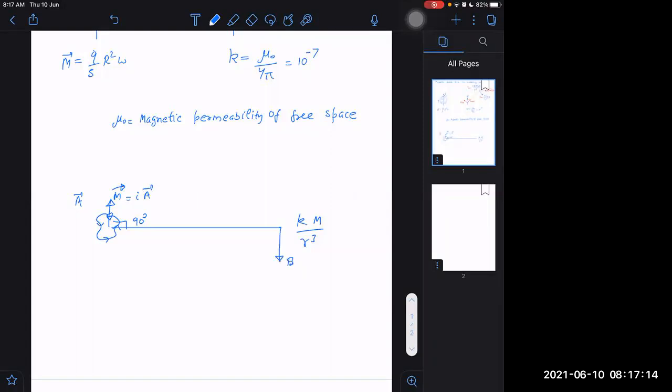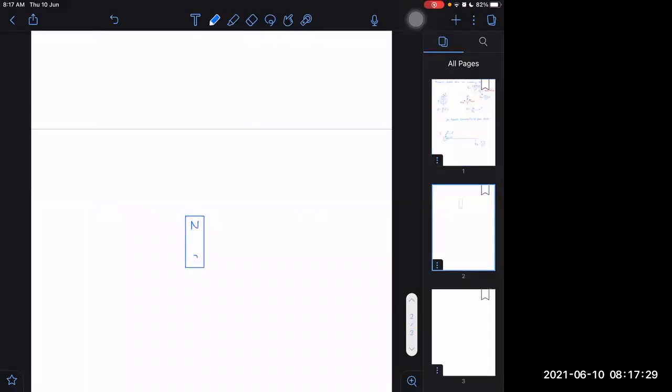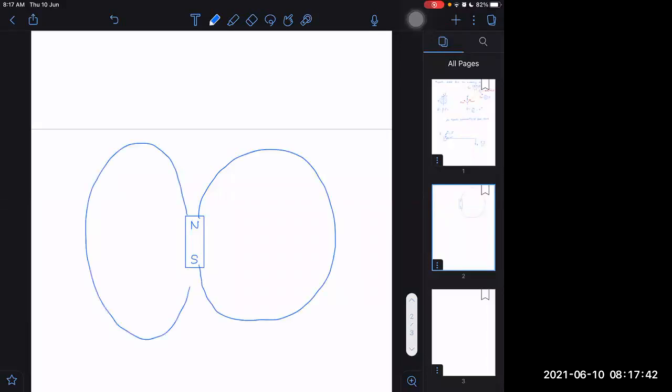How will the field lines be? Let me draw the field lines also, you will understand it better, I think. If I have a real magnet, not just a magnetic dipole, let us say a north and south pole are there. The magnetic field lines will be like this, starting from north and entering into south. Do you know about it or not? Yes, sir. Starting from north and entering into south. And inside this, it will be going from south to north.